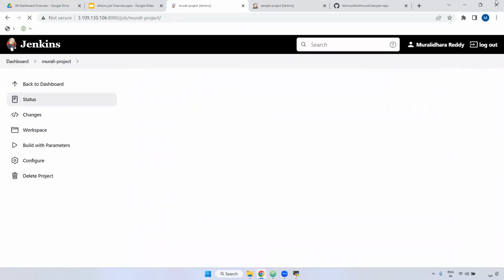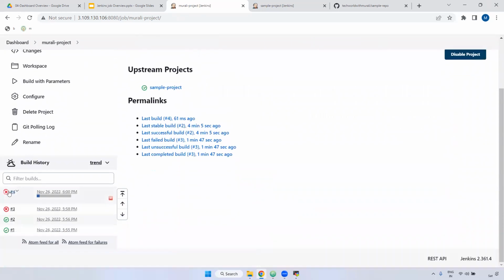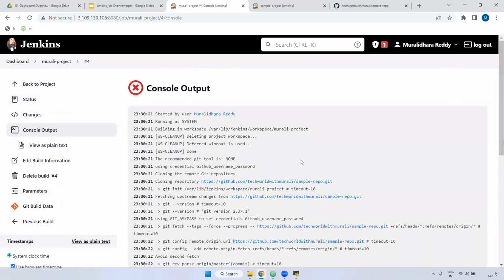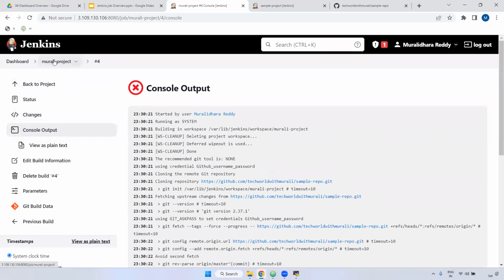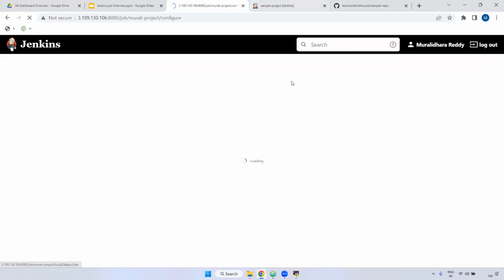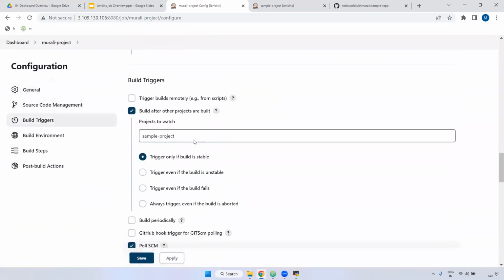Just save it, apply, build with parameters. We have given master. Click this one. Now if you open this one, where can we find that master branch? Give me one second. Yeah, if you see here, it is taking master. The reason is we have given master in build with parameters, and also inside the source code management, we have given the dollar